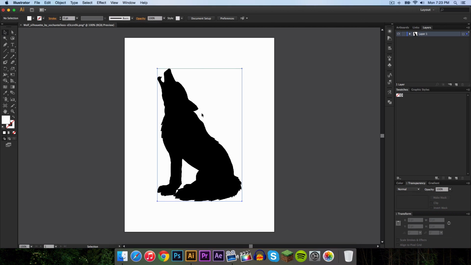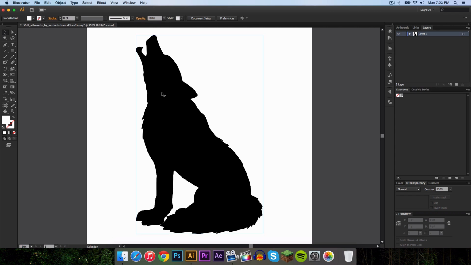So I have a picture here of a wolf. It's a silhouette, and we're going to be creating a silhouette. I just searched for silhouette, and this popped up, and I just imported the image into Illustrator. Now you could do this: you could trace over an image of some sort that you wanted to make, and you can just fill it with black. So use the pen tool, select the image, fill it with black, and then you should have your silhouette.